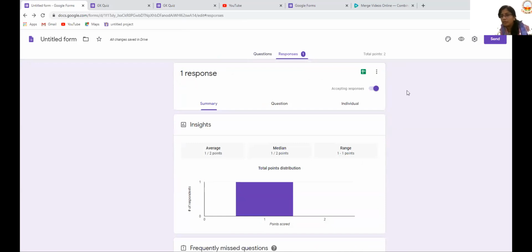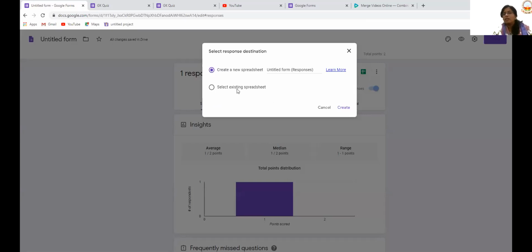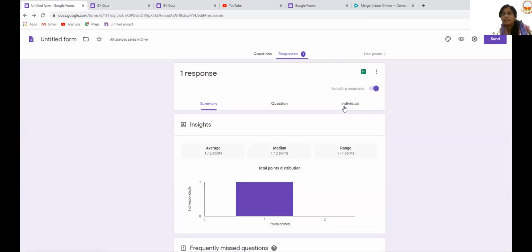And one benefit over here is you can see a green color sheet. So imagine 10-20 students have together given a test for you. It becomes a tedious job for us to keep a record. Here is an option given by Google Forms called Excel sheets. Whoever, imagine 10, 20, 30 students have taken the test and they are sending the responses. If I click on that particular spreadsheet and create it,